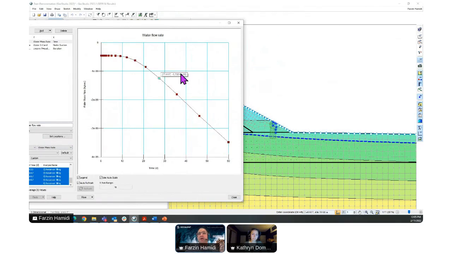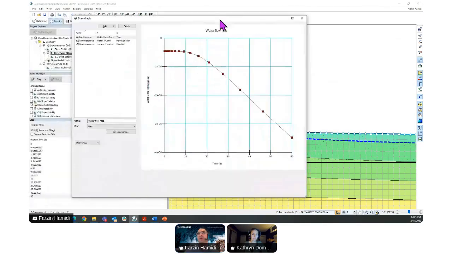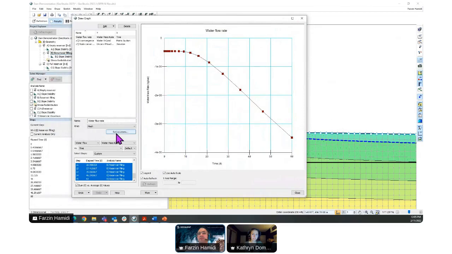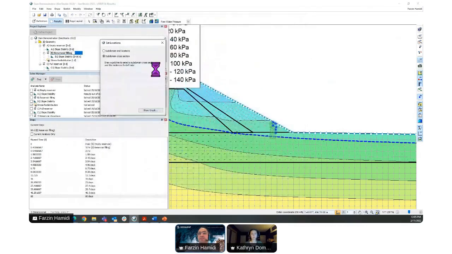So I hope that it answered the question, but there are a lot of capabilities to select either a specific location based on geometric parameters, or you can simply select a subdomain and run it. There are a lot of guidelines available here in the description on how to select a specific point out of the geometric location. So feel free to play with them and get back to us if you have any further questions.